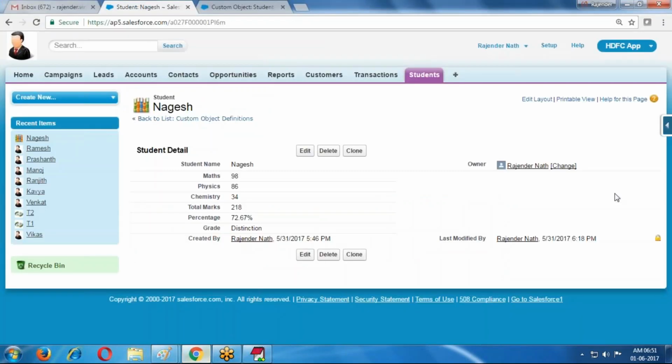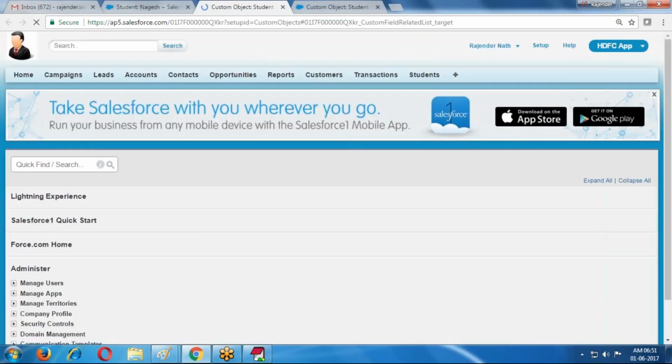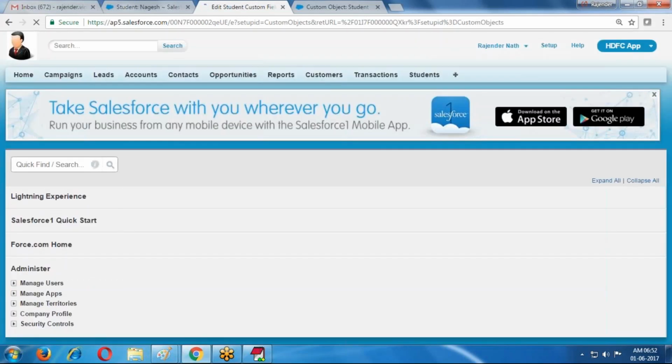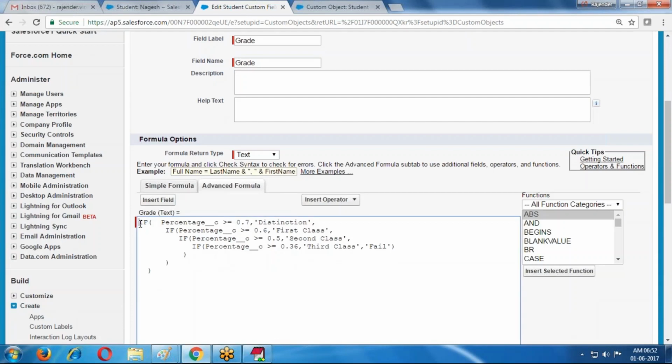Now open your formula, go to View Fields. These are the fields that are there. In that, Grade is the one formula. Edit Grade, and here take one more IF condition.